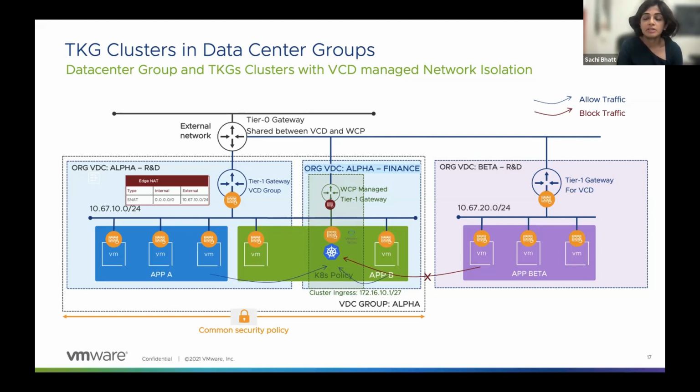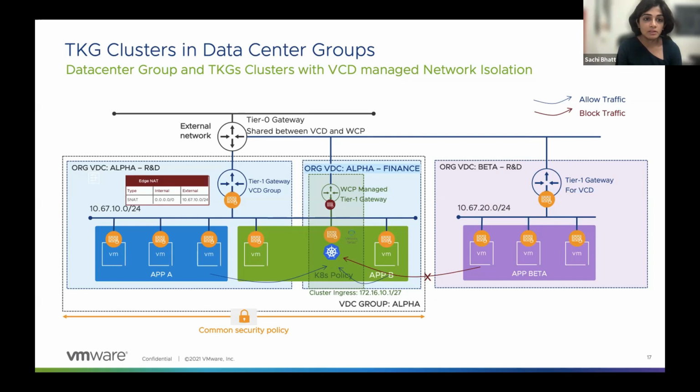We remember that data center group was introduced in the 10.2 release, and we also introduced network isolation for TKG clusters, where providers didn't have to manage the network isolation rules. Now we are supporting that feature for data center groups. So TKG clusters can also follow the security posture and stretch network topology for TKG. In this diagram, I've tried to showcase what it will look like.